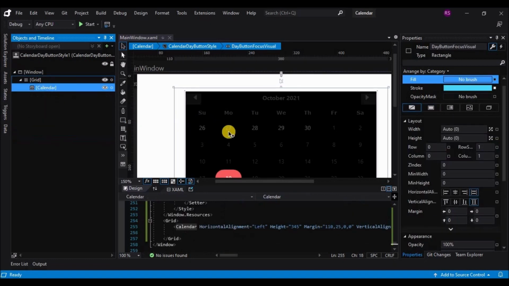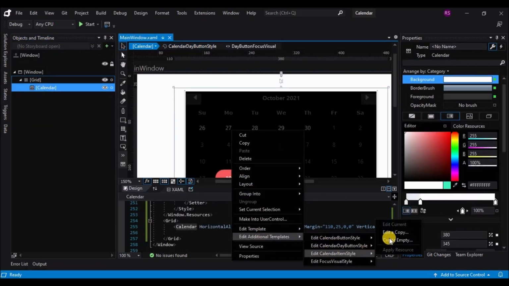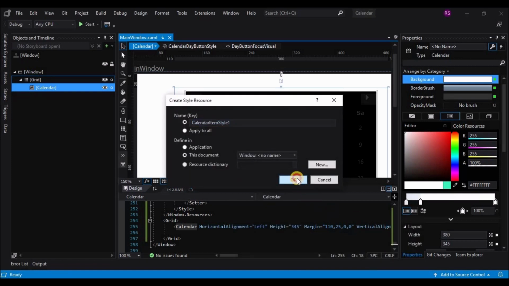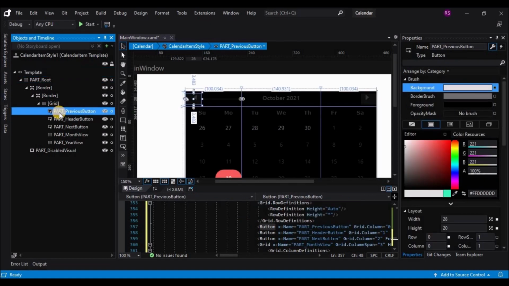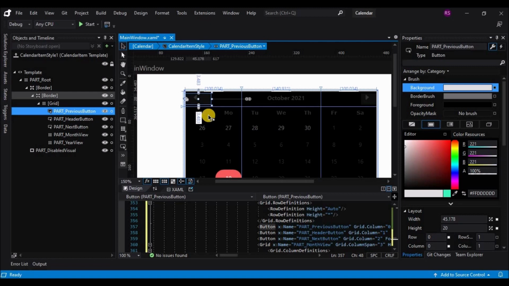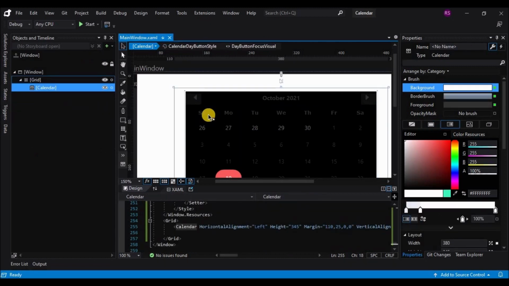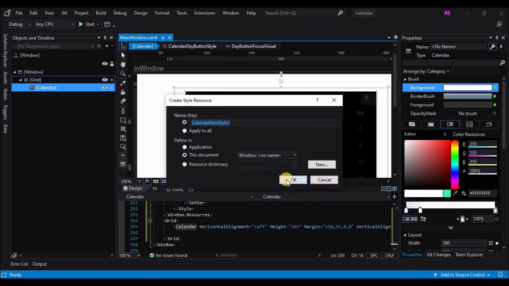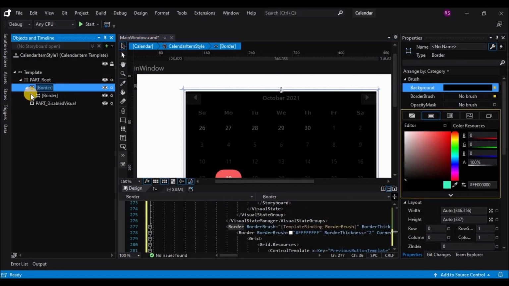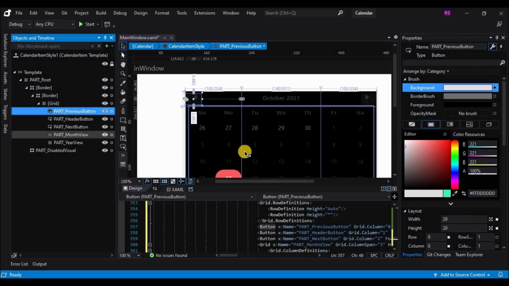Okay, go back to the window, and next we'll move to the other template, that is the calendar button style 1 template. Sorry, calendar item style template. So now I want to change this rectangle previous and next button into a circular button. So for that, let's edit a copy of the calendar item style 1 and select the button